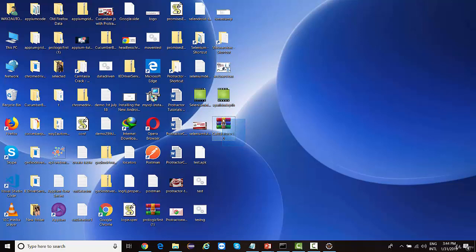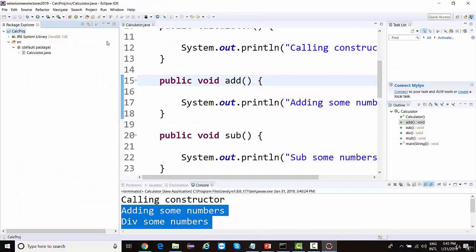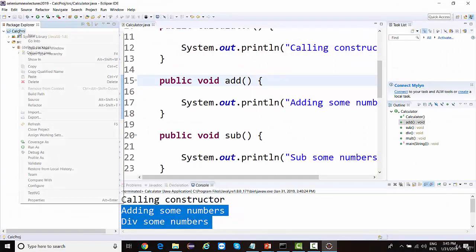Now, this jar file, I'll upload it onto my website. Why? Because a website can be accessed from any part of the world. So from any part of the world, if anyone wants to do addition, division, subtraction, he can download this jar file and include it in their own project. And after that, let's say I quit this company. I'm going to close this project.